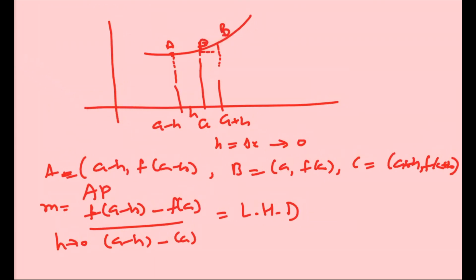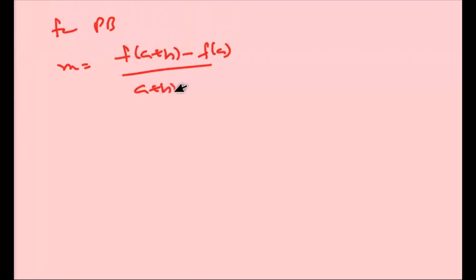Okay, so now for PB we can take the slope, y2 minus y1 upon x2 minus x1, as h tends towards 0. Okay, so it is known as RHD. So if RHD and LHD are defined and are equal,